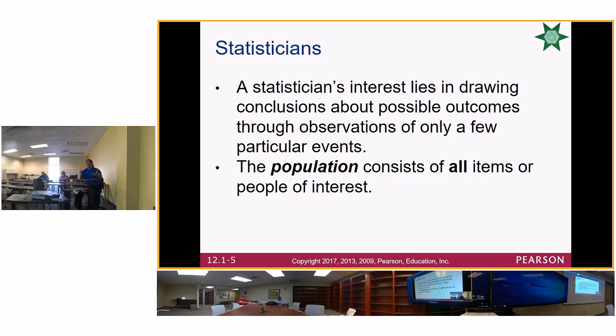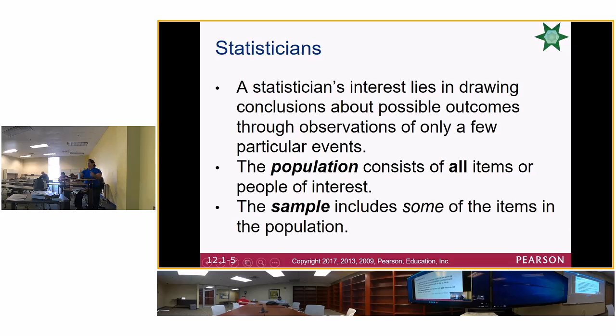If I use a sample, which is a smaller group, that would be, I'm just going to survey people at the Anderson campus, or I'm just going to survey people at the Easley campus or the Pendleton campus. And then I will make a generalization about the population. Now somebody tell me why I would want to use a sample to predict for the population. Why wouldn't I just want to do the population?